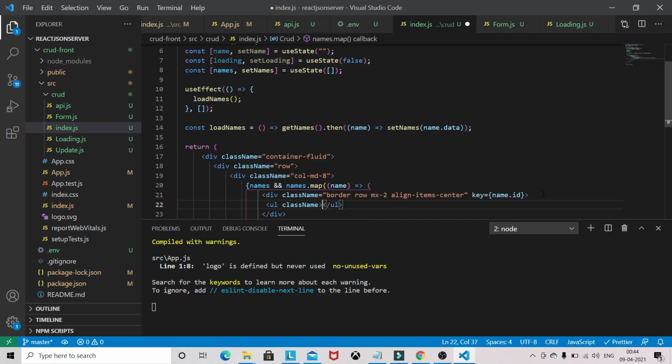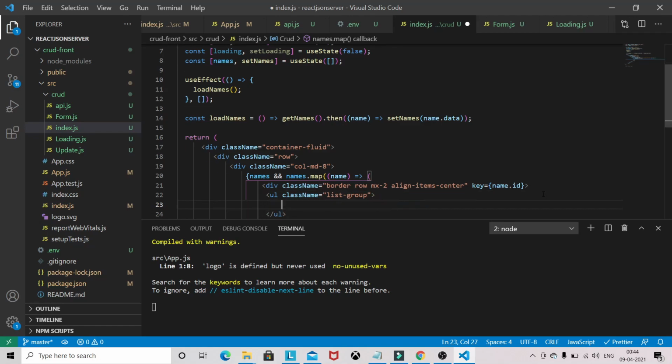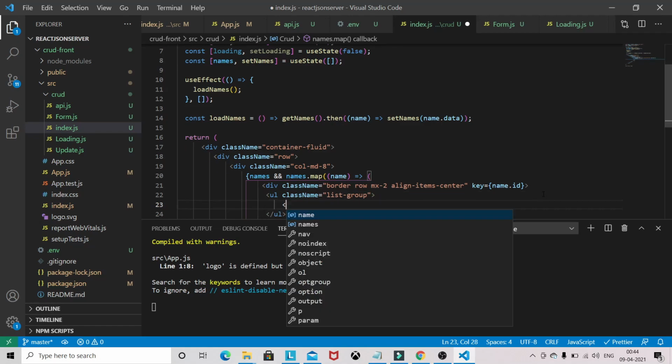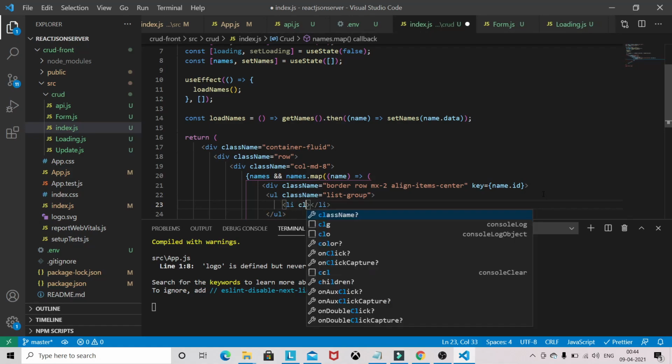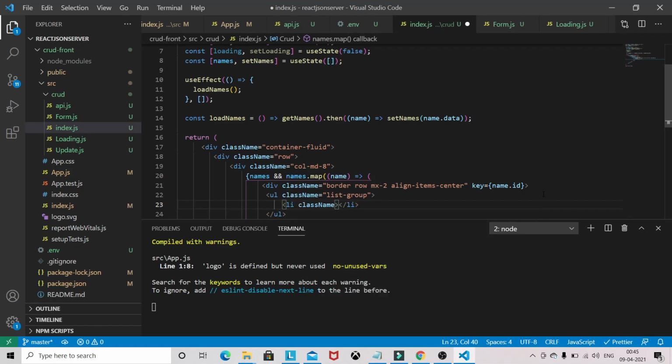So it will be ul with className list-group. All these are the Bootstrap class names I am giving here, and li, list-group-item.